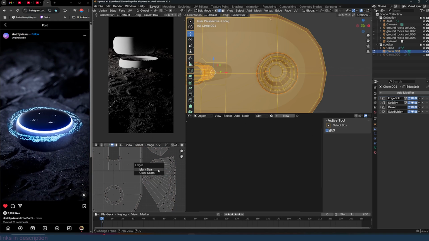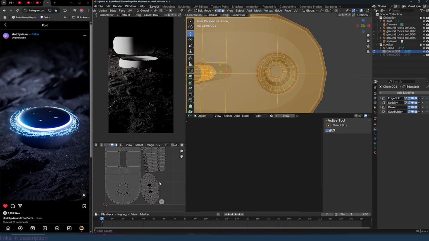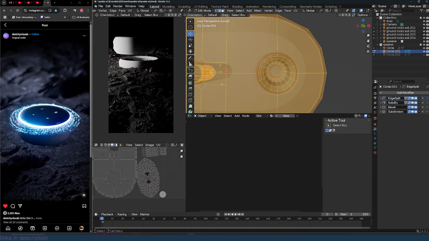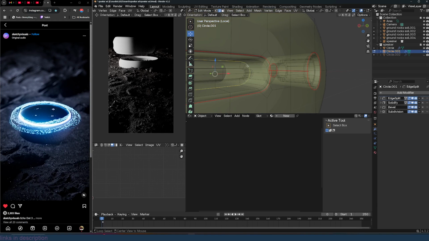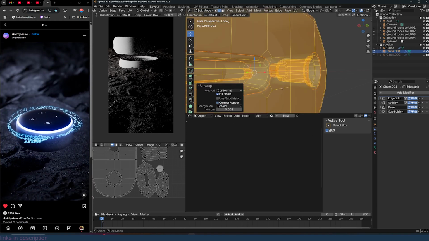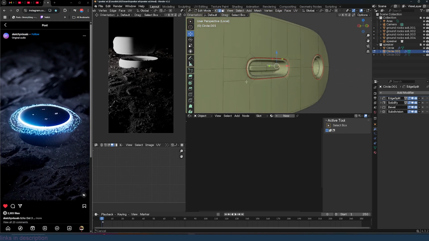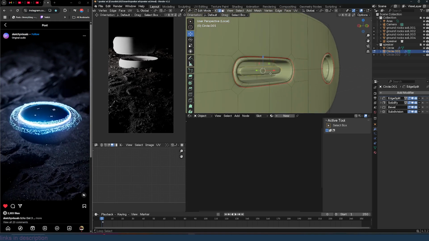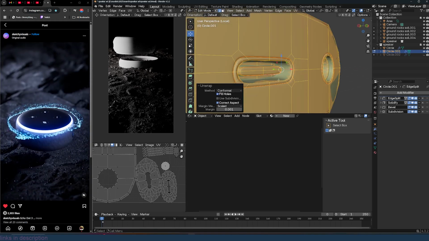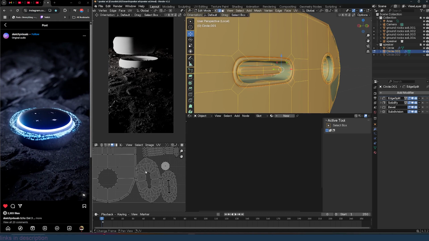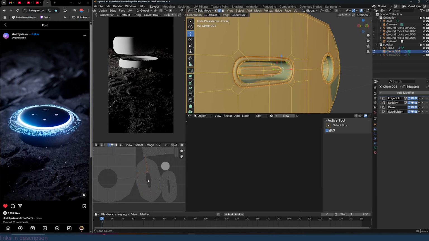Just set up some good UVs. And the inside here should also have a seam, and maybe this here, Ctrl E, mark seam. Alright, let me open up this as well,